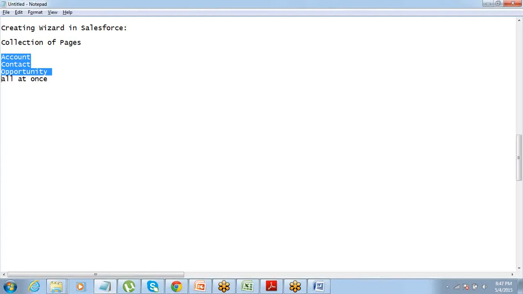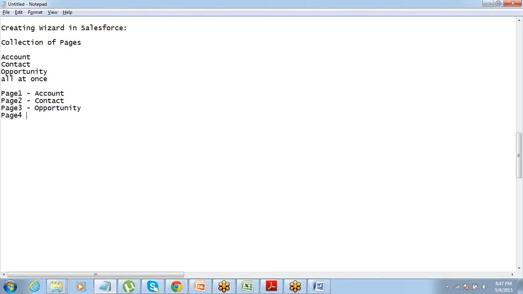Okay, so I want them to enter the details of all 3 records in 3 different pages. So I want to have page 1 to enter account information, page 2 to enter contact information, page 3 to enter opportunity information,